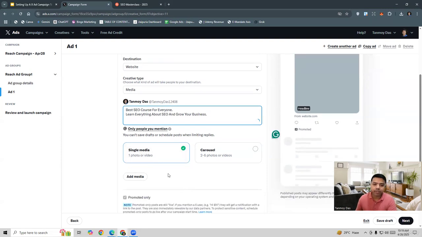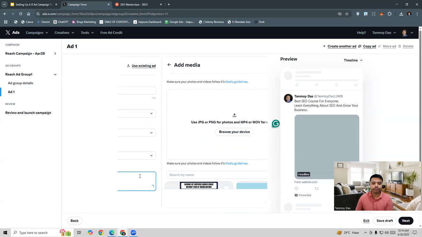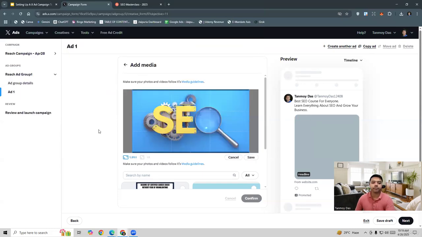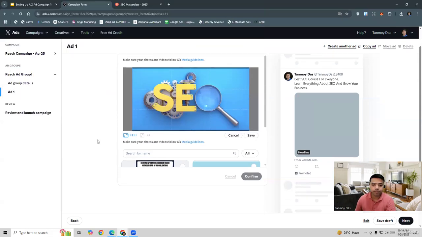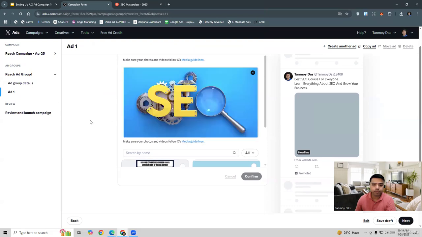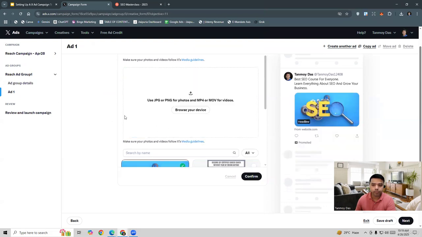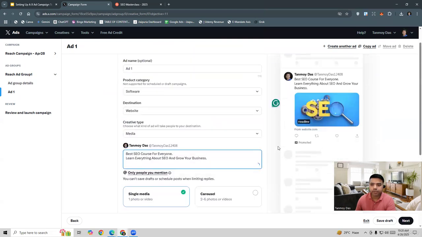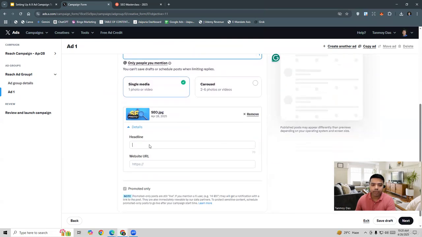And then you can decide whether you want to add a single image or a video or multiple images and videos as per your requirement. You can select that and then add that media. So let's add the media over here. You can see this is how the ad is getting created. So this has been created and now you can give a headline